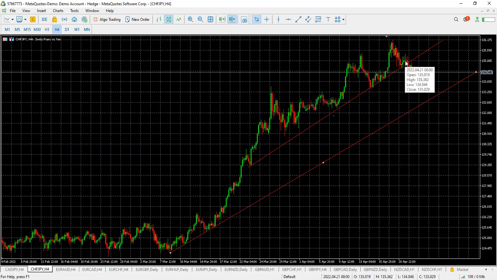It is broken now. So what I will do is wait for a pullback. If the pullback here is not higher than this, you take your sell. If this market comes up like this and closes somewhere here, not above here, you take your sell, just as I explained on CAD JPY. You set your stop